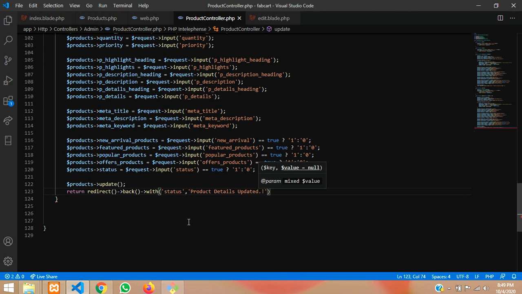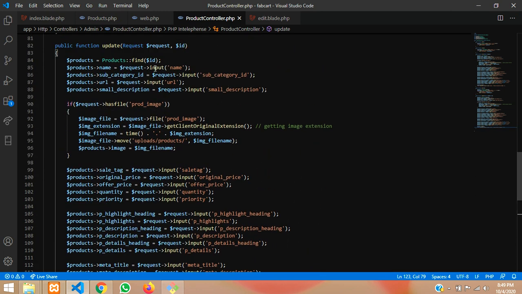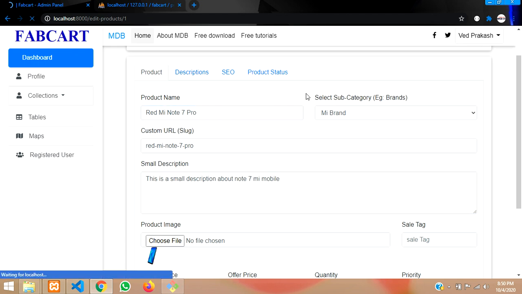Done. So product details updated, and with semicolon. Cool. So guys, now we will just check it out and then update it. Simple. So now let's go back, and as you can see, first we will reload the page. Okay, so it's reloading.